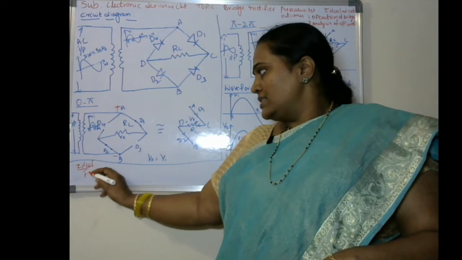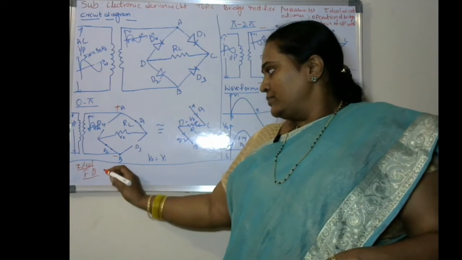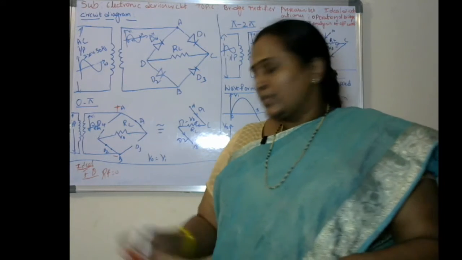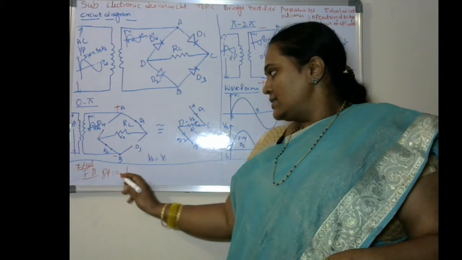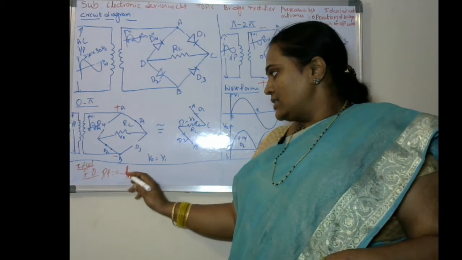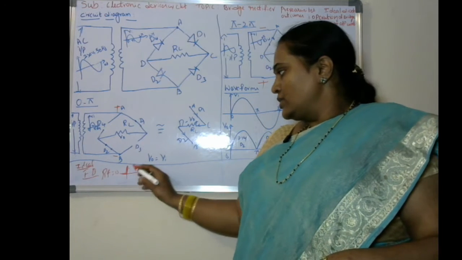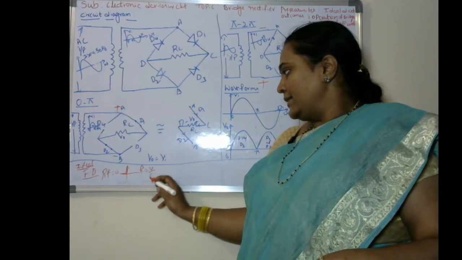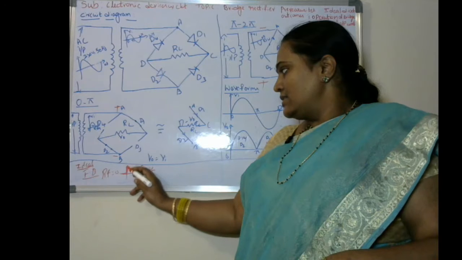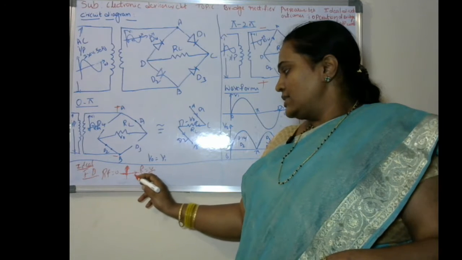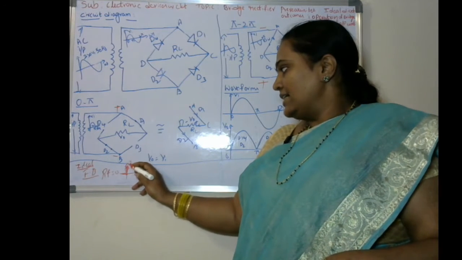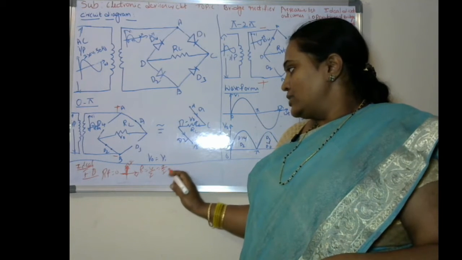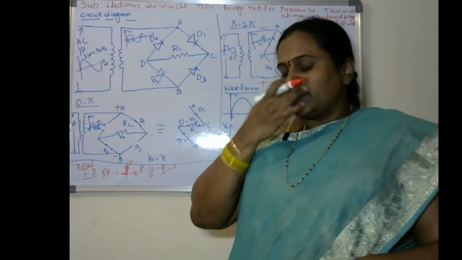In the forward bias region, the forward resistance RF is equal to 0. This is the characteristic of an ideal diode. In this case R equals V by I. In the forward bias case the voltage is 0. On the x axis we have the voltage, on the y axis we are going to consider the current. So 0 by anything goes to 0, and it acts like a short circuit.